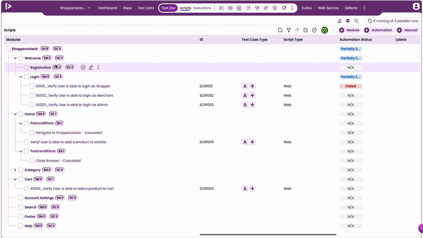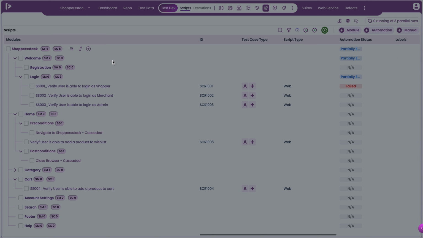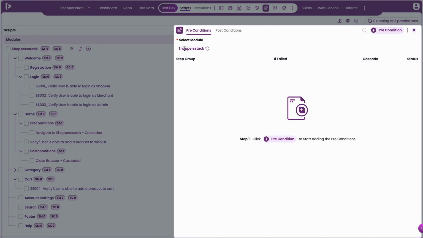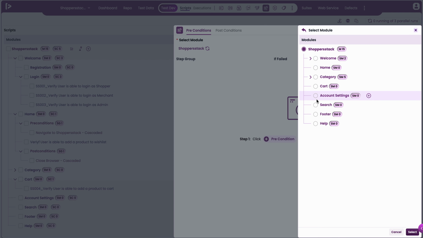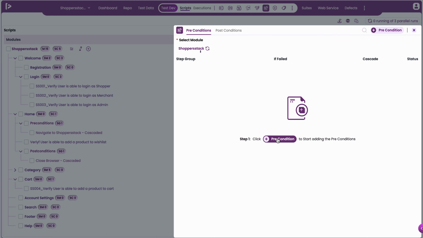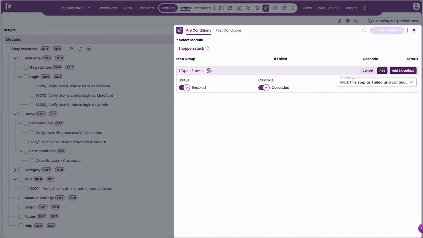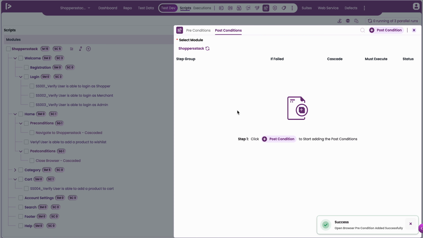Finally, at the project level, the process closely resembles that of the module level, including the availability of the cascade option. To add pre- or post-conditions here, either the Quick Access panel can be utilized without opening any script in the tree structure, or the right arrow functionality is selected, followed by the pre- and post-condition option. In this case, the Select Module field automatically detects the current project. If needed, this selection can be switched from project to a specific module or vice versa with the help of this button. Once selected, pre- and post-conditions can be added to the respective target, whether it is a module or